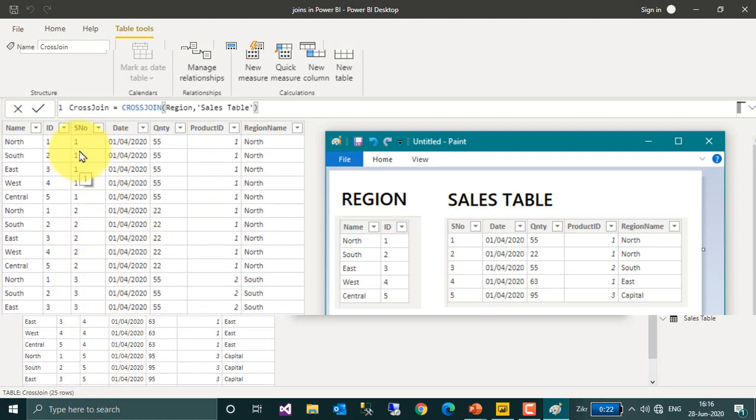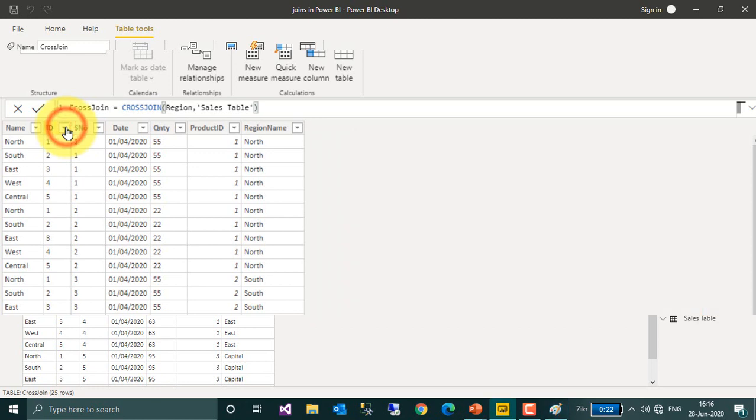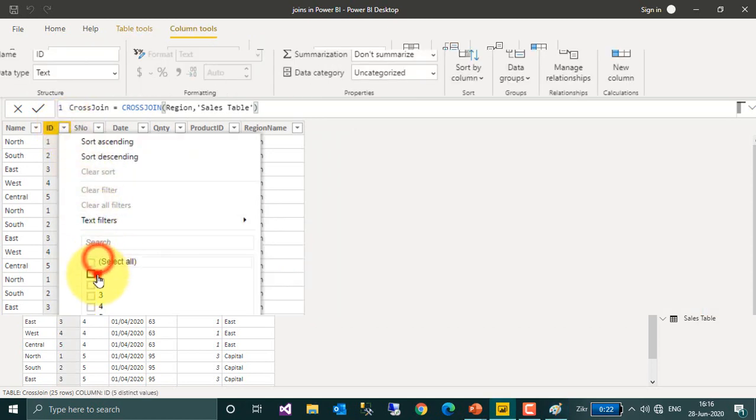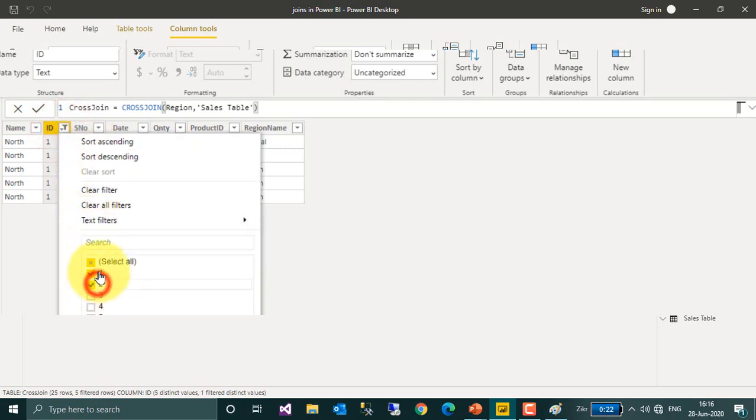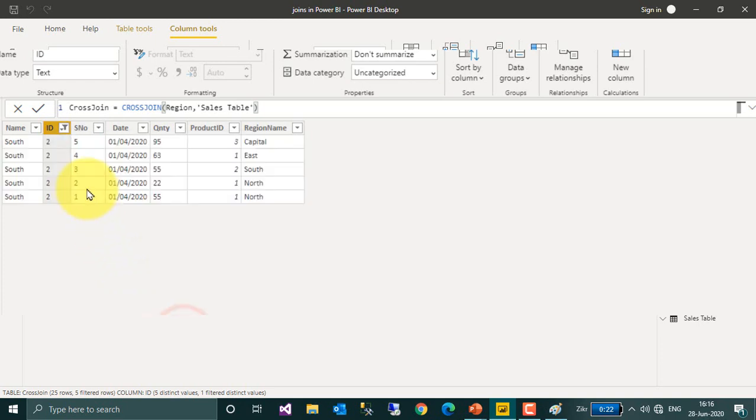For each record of the left table, it goes with all the records on the right table. So if you filter just the ID 1 here, it has all the records 1, 2, 3, 4, 5. And again, if you filter the value 2 here, this will also have all the records 1, 2, 3, 4, 5. Whether the values are matching or not, it just brings all the values from both the tables.